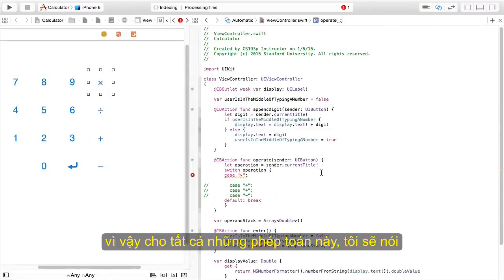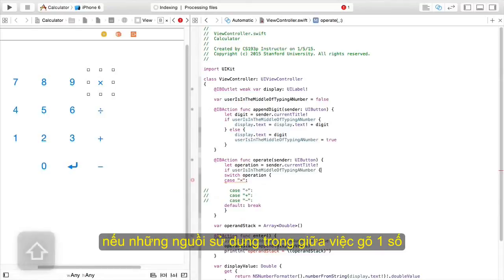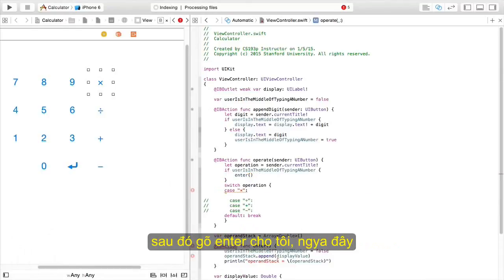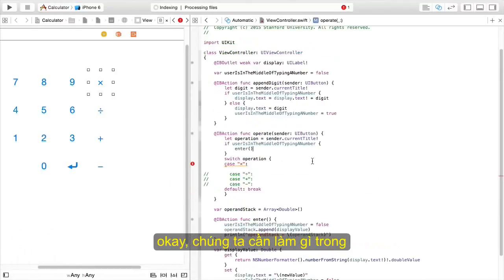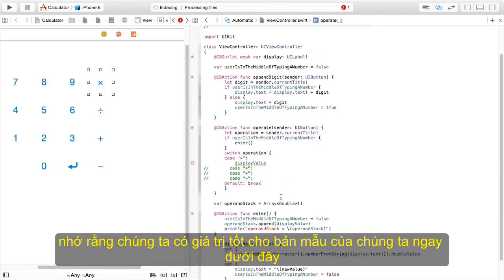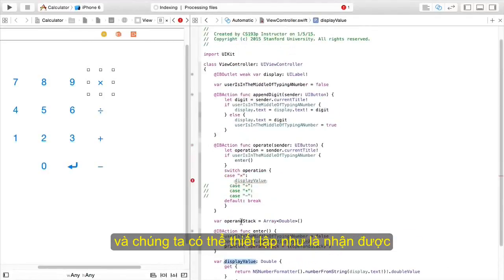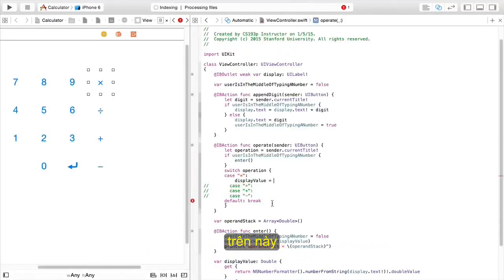For all of these operations, I'm going to say if the user is in the middle of typing a number, then hit enter for me right here. Okay, so what do we need to do in the specific case of times? Well, really we just want to set our display value. Remember, we have our nice display value down here, and we can do setting as well as getting. So I'm going to set that display value up here equal to